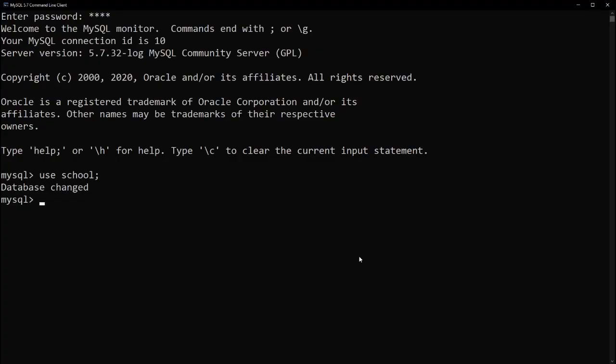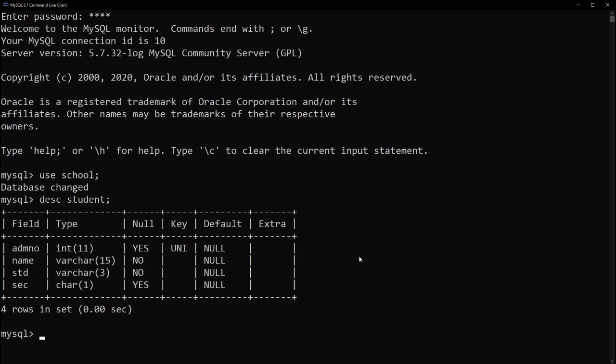The next step is to see the description of the table. The name of the table was student. The first thing that we have to do is we have to first use the database, and followed by that we have to go to the table. So I have to give DESC student semicolon. Now it will show you the description of the table.